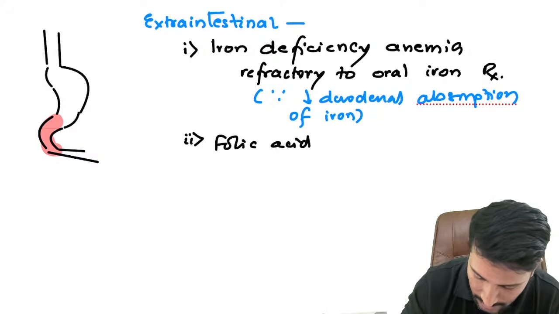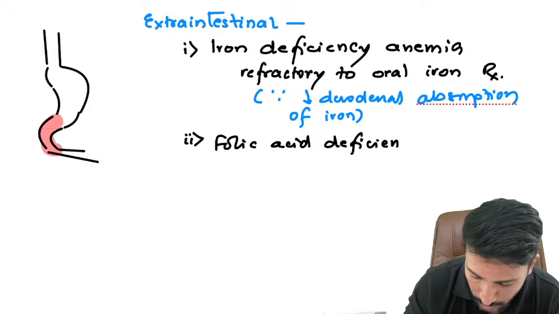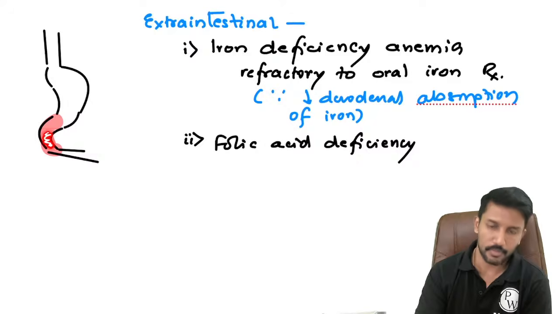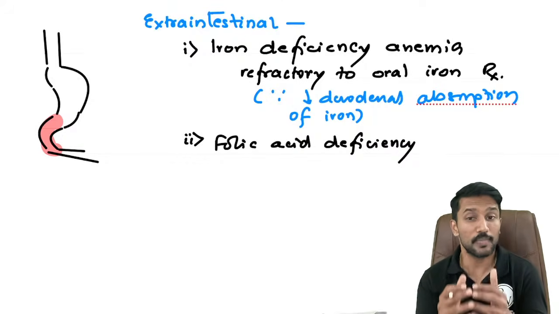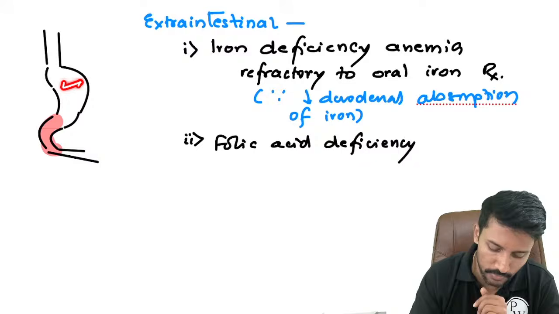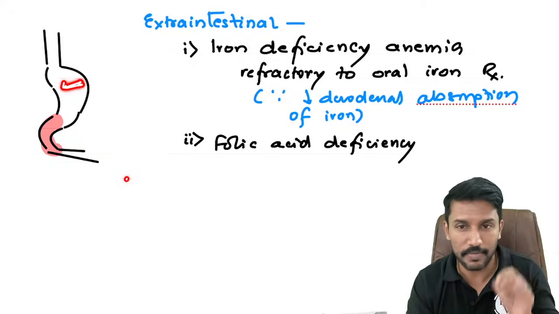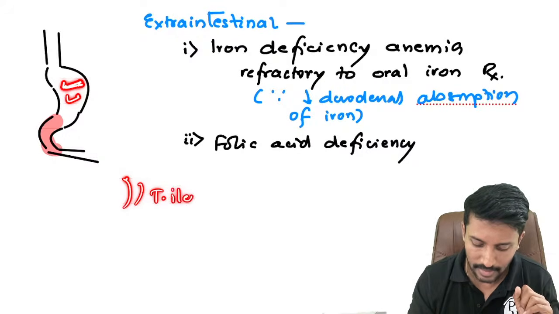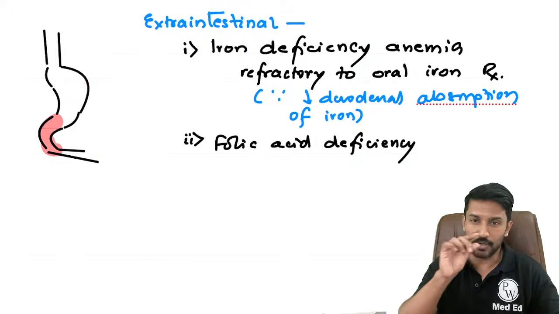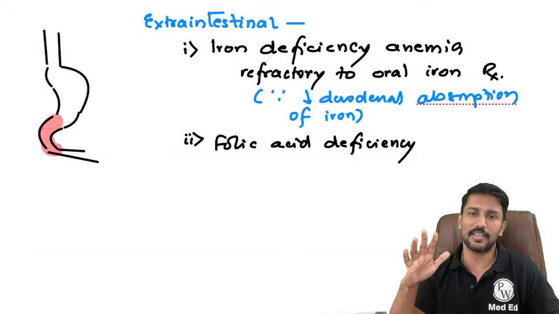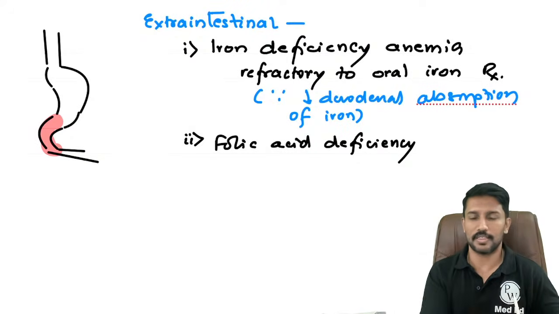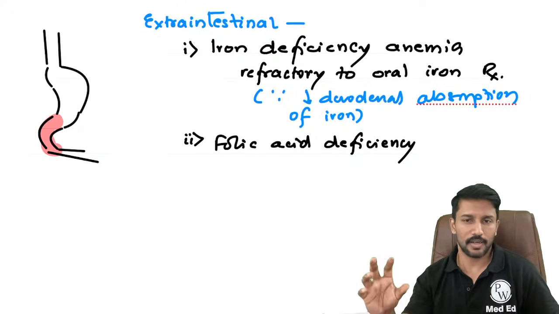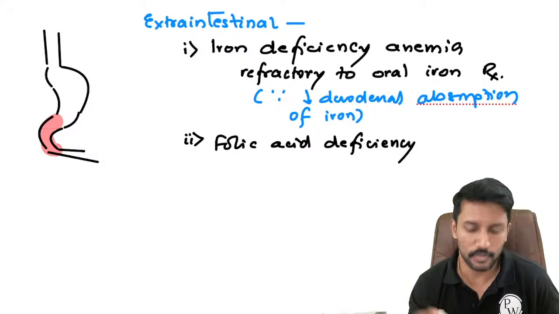Patients may have folic acid deficiency. It is not very common, because the major amount of folic acid absorption happens in the jejunum, but to some extent it does happen in the duodenum. I'm losing that much part, but they don't present with B12 deficiency. Why? Because for B12 I need only two things: the stomach, which produces intrinsic factor of Castle, and the acidity of the stomach. Then the absorption happens in the terminal ileum, which is not affected, because the amount of gluten or gliadin that can reach the terminal ileum is negligible. Before that, it is acted upon by the digestive enzymes and broken down to smaller proteins. So the duodenum is most affected and the terminal ileum is almost not affected. So I will not have B12 deficiency.